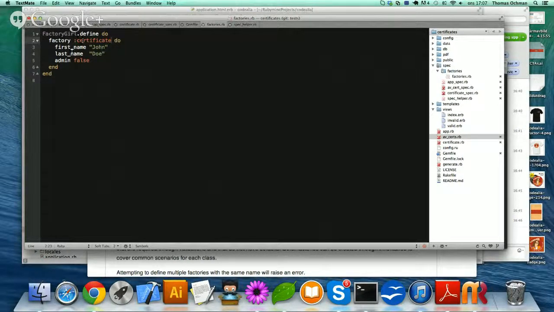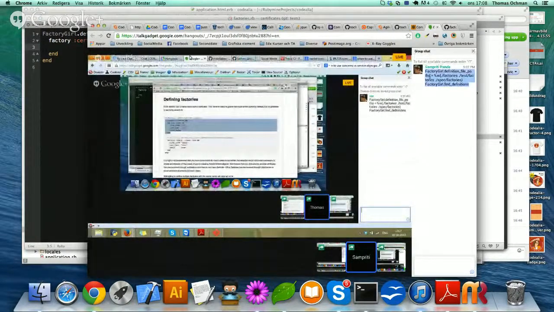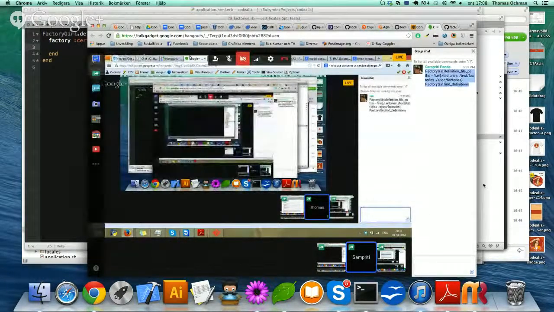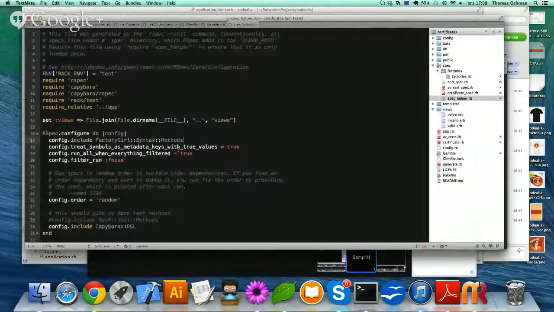Okay, certificate, so let's save that. And in the group chat, you pasted that in, the factory definition function. Okay, all that should be in the do block in spec helper. Yeah, I guess so. They just mention the spec helper, so that's what it should be, I guess.